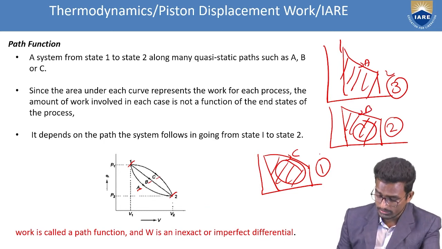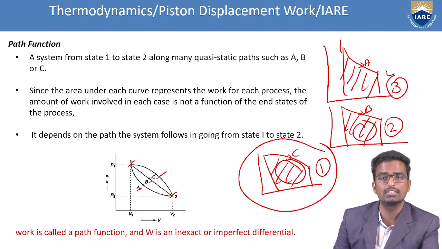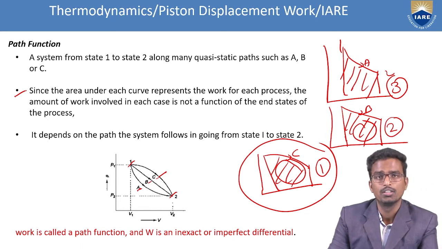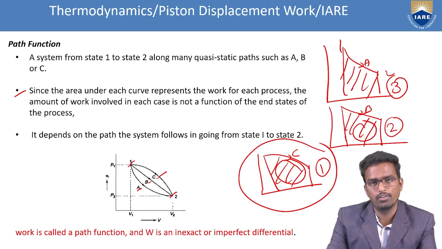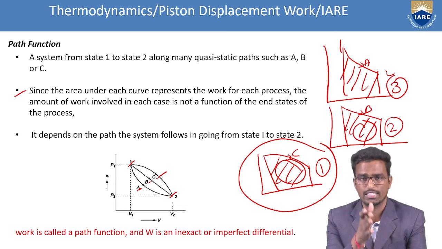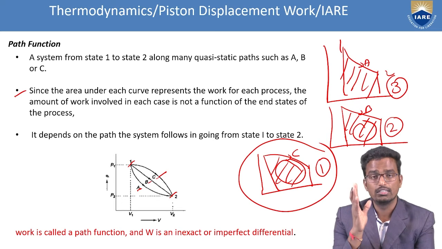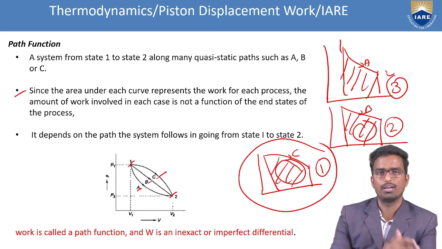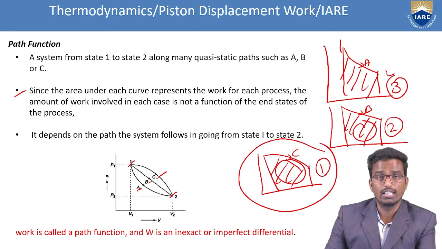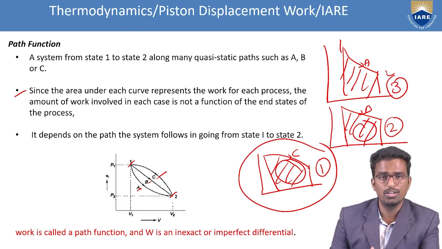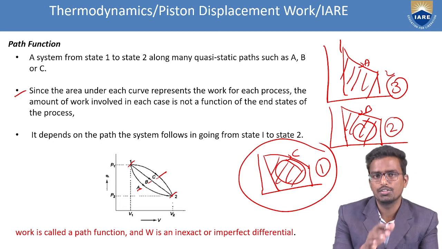Due to that, what happened? The work done for path C is more, but the end process is the same. The statement states that. It is doing the same work with the same starting point and end point, but it is doing the work in three different forms. The end states are the same, but the work done on the systems is in three different processes. So we can say that it depends on the path the system follows in going from state 1 to 2. How much work you are consuming or getting depends on what path you are selecting.